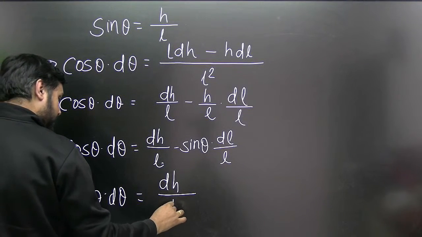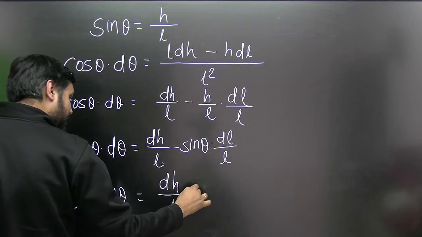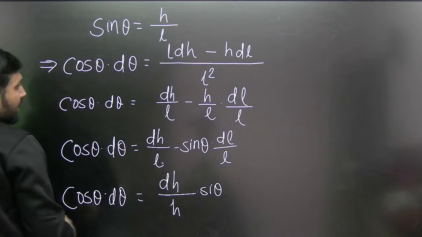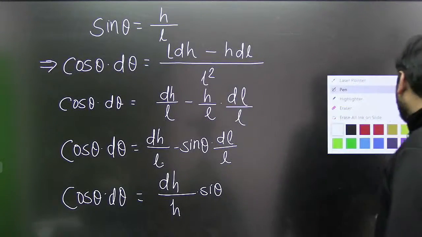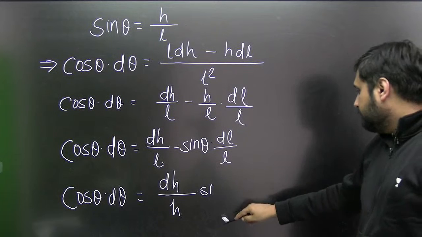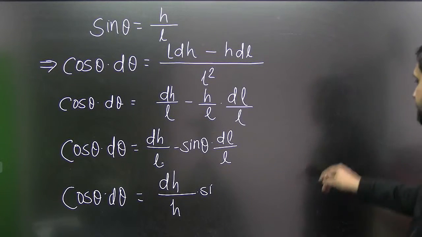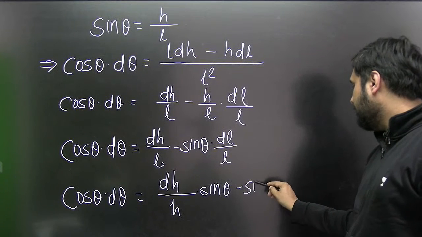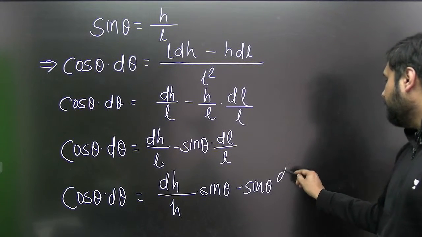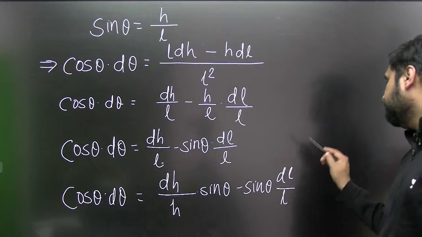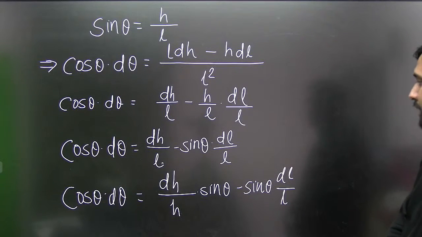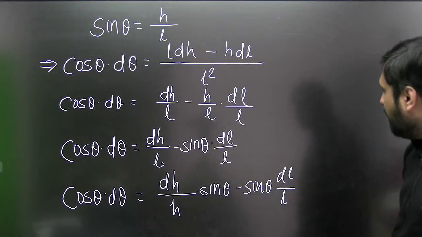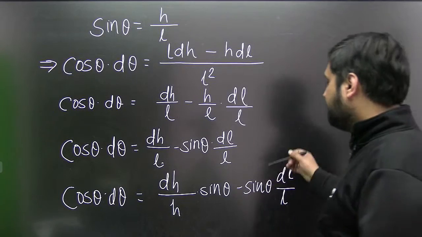So this becomes h upon sine theta in the denominator, so sine theta goes there at the top, minus sine theta dL upon L. What can we do from here? We can easily take this sine theta out, take it common, and then we can write,